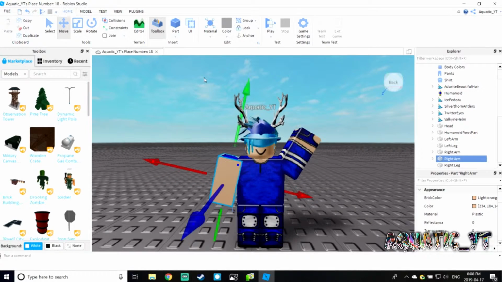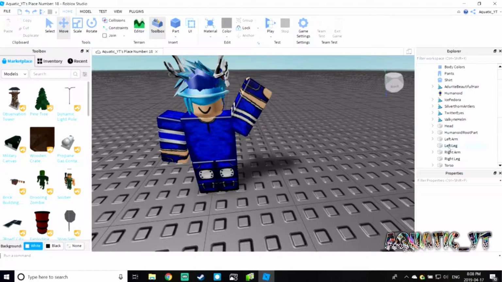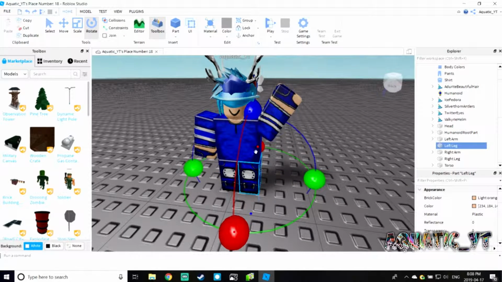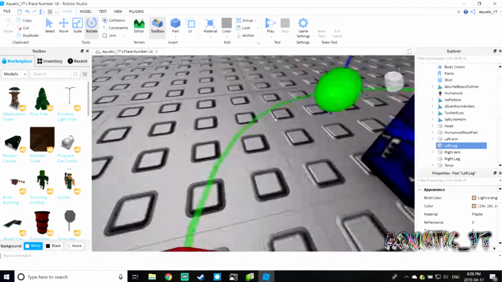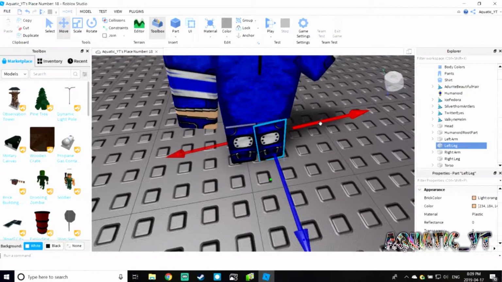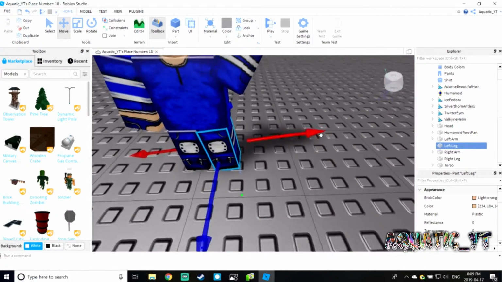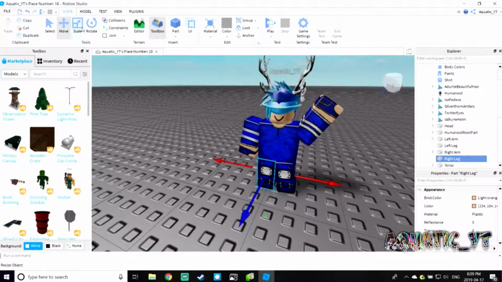So yeah, I'll just do that. Oopsies. And I'll take the left leg. I'll rotate this over here, just like that. And now what I'll do is I'll move it a bit out. Just like that. Perfect. And now I'll take my right leg and I'm gonna